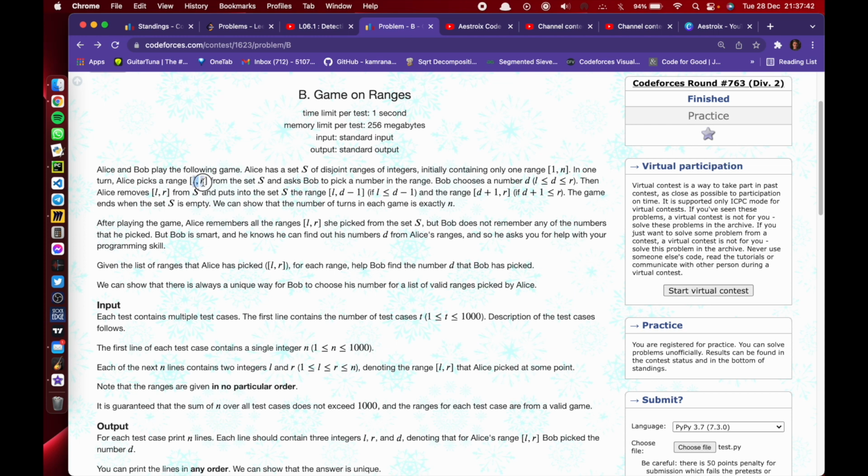So Bob has to pick a number D in the range L to R. Then Alice removes the range she has chosen from the set, and puts into the set two more ranges: L to D minus 1 and D plus 1 to R. L to D minus 1 will be put into the set if L is less than or equal to D minus 1, or we can say if Bob has chosen D such that it is greater than L, then this range will be present in the upcoming steps.